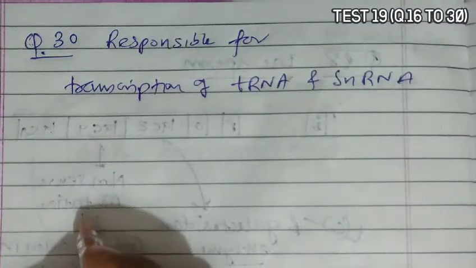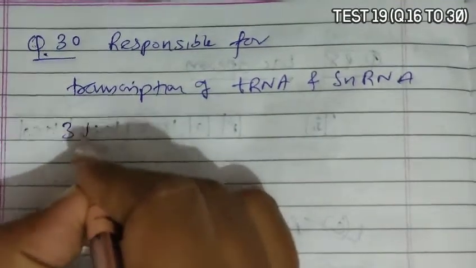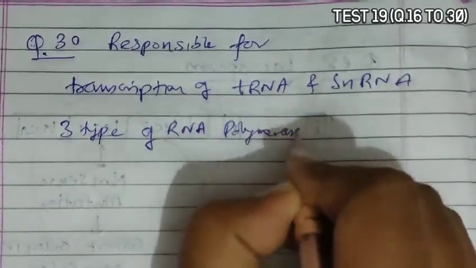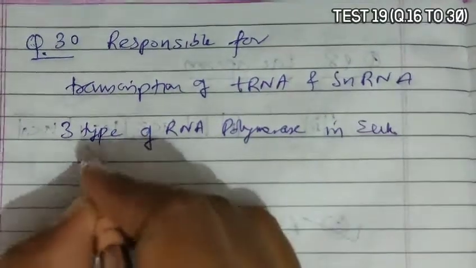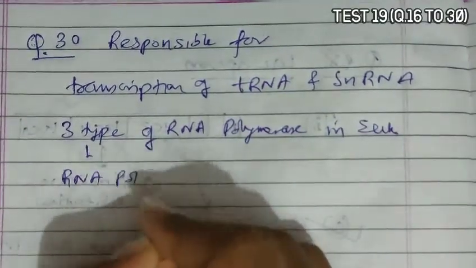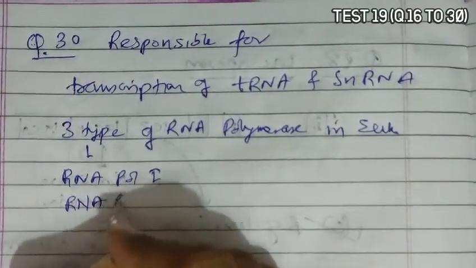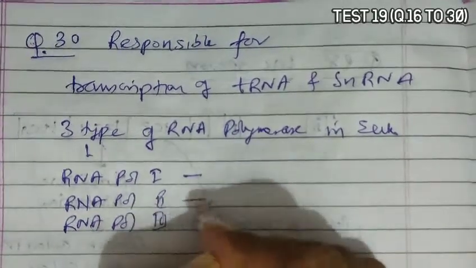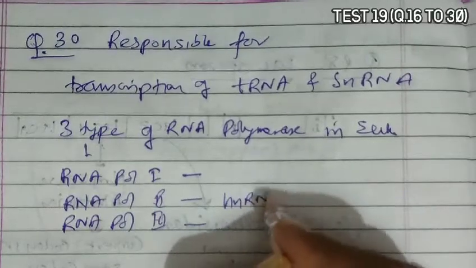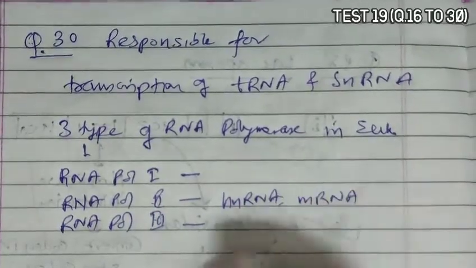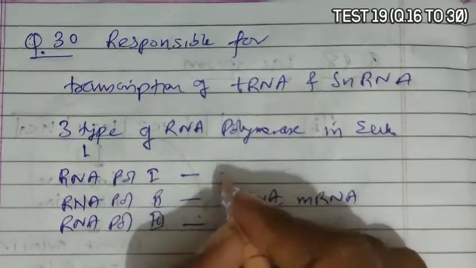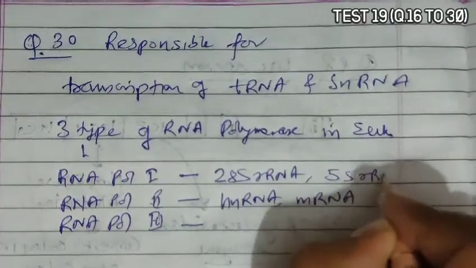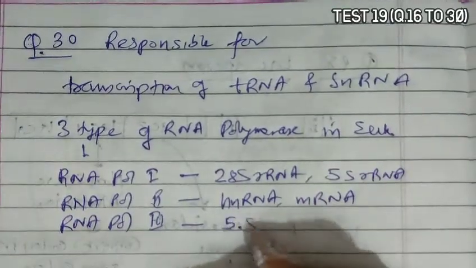Actually if we talk about the RNA polymerase, then there are three types of RNA polymerase in eukaryote, that are RNA polymerase 1, RNA polymerase 2 and RNA polymerase 3. Now RNA polymerase 2 codes for hnRNA and mRNA, whereas RNA polymerase 1 codes for 28S rRNA, 5S rRNA, but 5.8S rRNA,